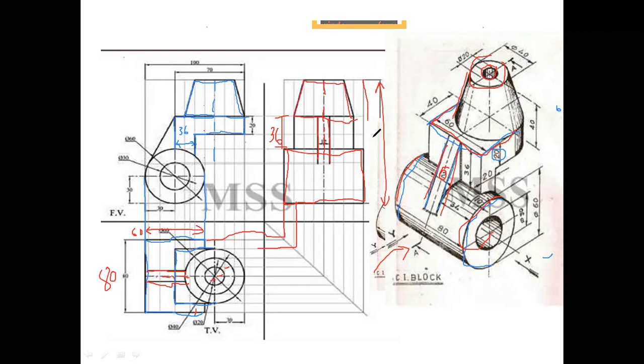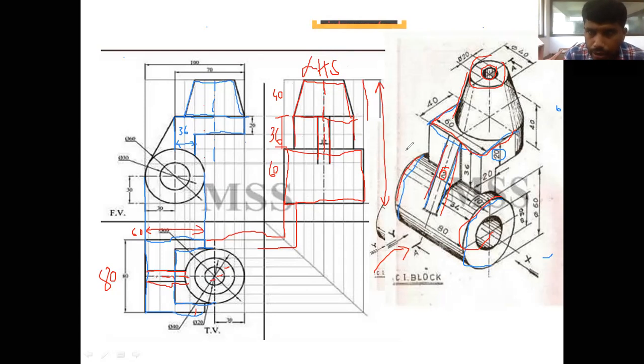Okay. So this is the top side, what will be the 40 mm. Okay. So this is a 60. Okay, like this. Here it is. So we'll be completing all these things in the left hand side view. This is the left hand side view. Okay, so this will be completing your entire portions. Okay, so next we'll go with this.